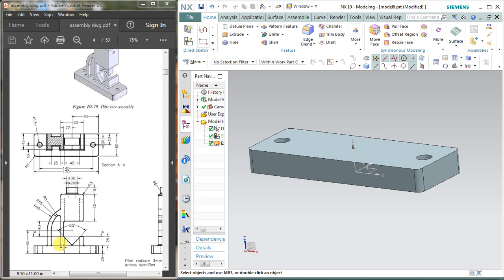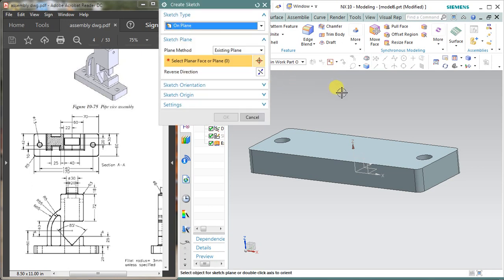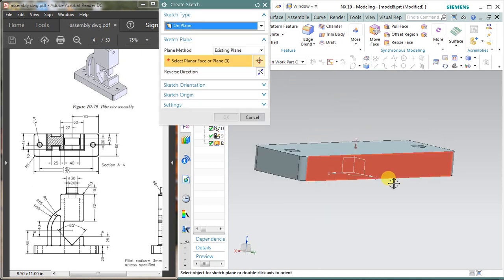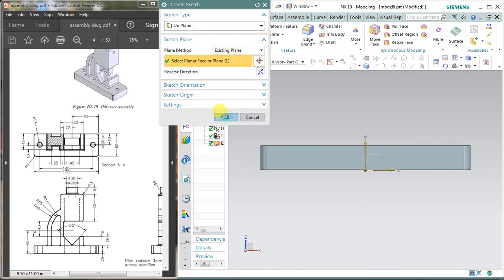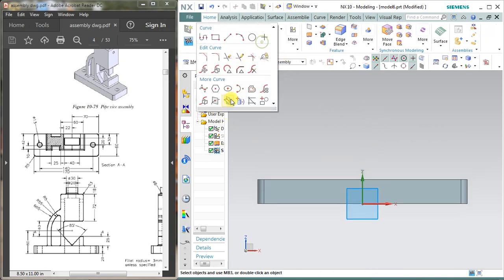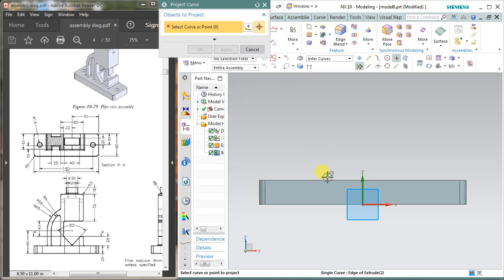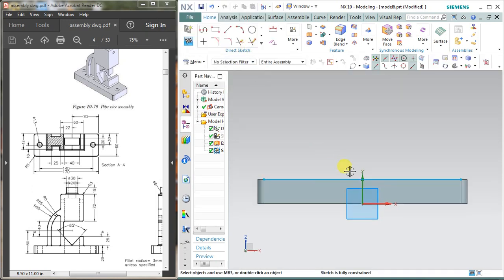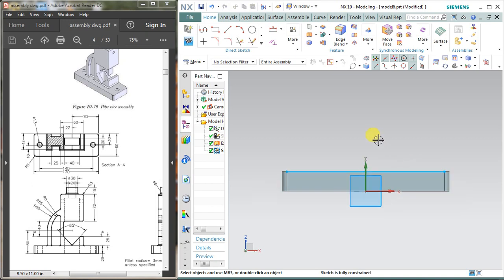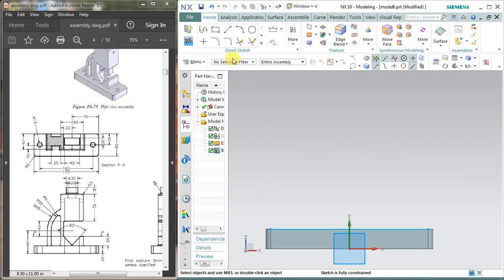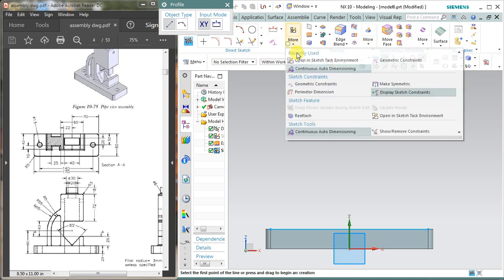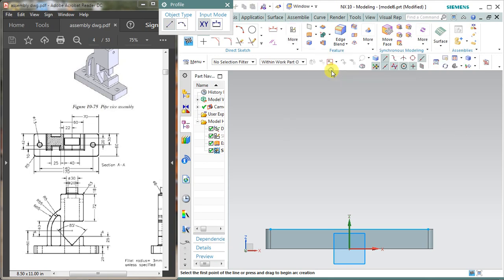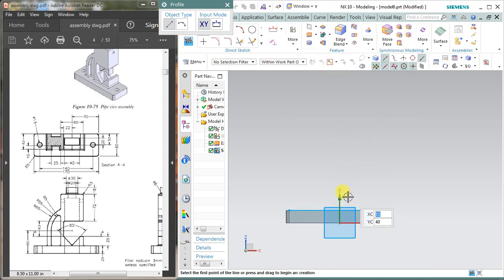Now I'm going to make this side view with this side face. On the side face, select the sketch for this. Select the sketch. It is going downward. Select reverse direction and OK. First select project curve, because if you select project curve you don't need to draw a sketch over this edge. It will automatically create a sketch. Select sketch, again deactivate auto dimensioning, and if you are okay with this then don't deactivate it. I'm not okay with this, that's why I'm deactivating it.